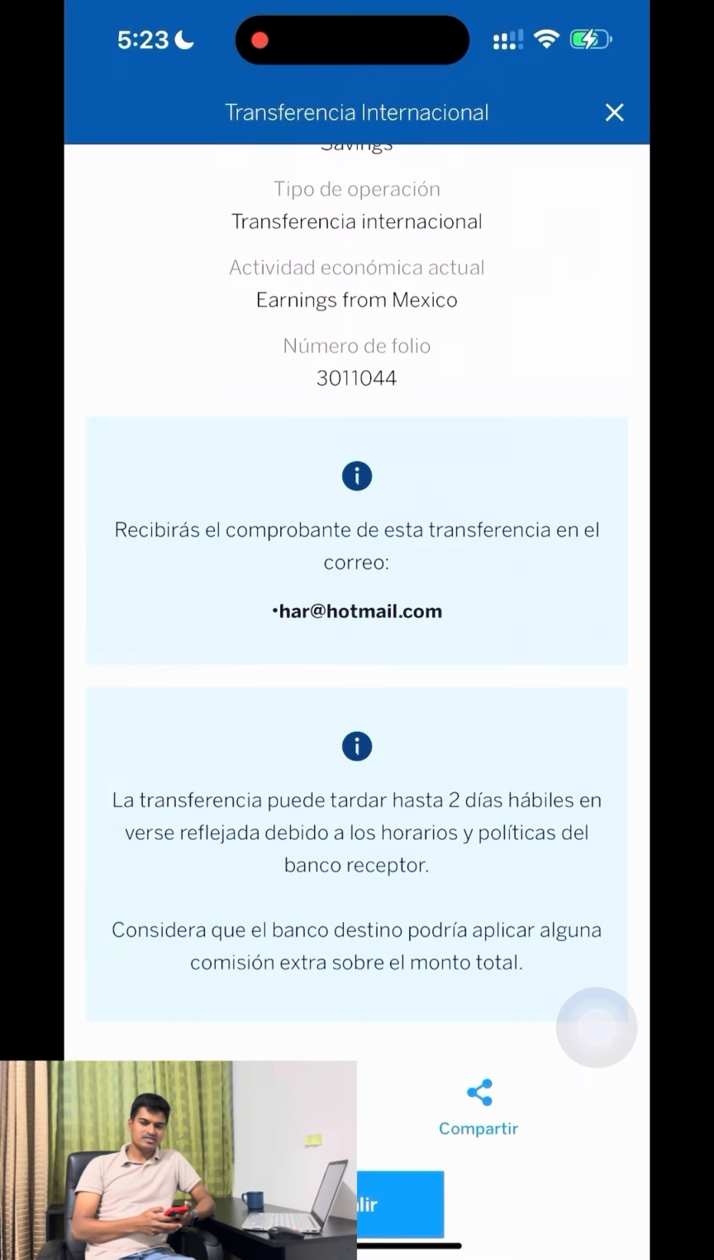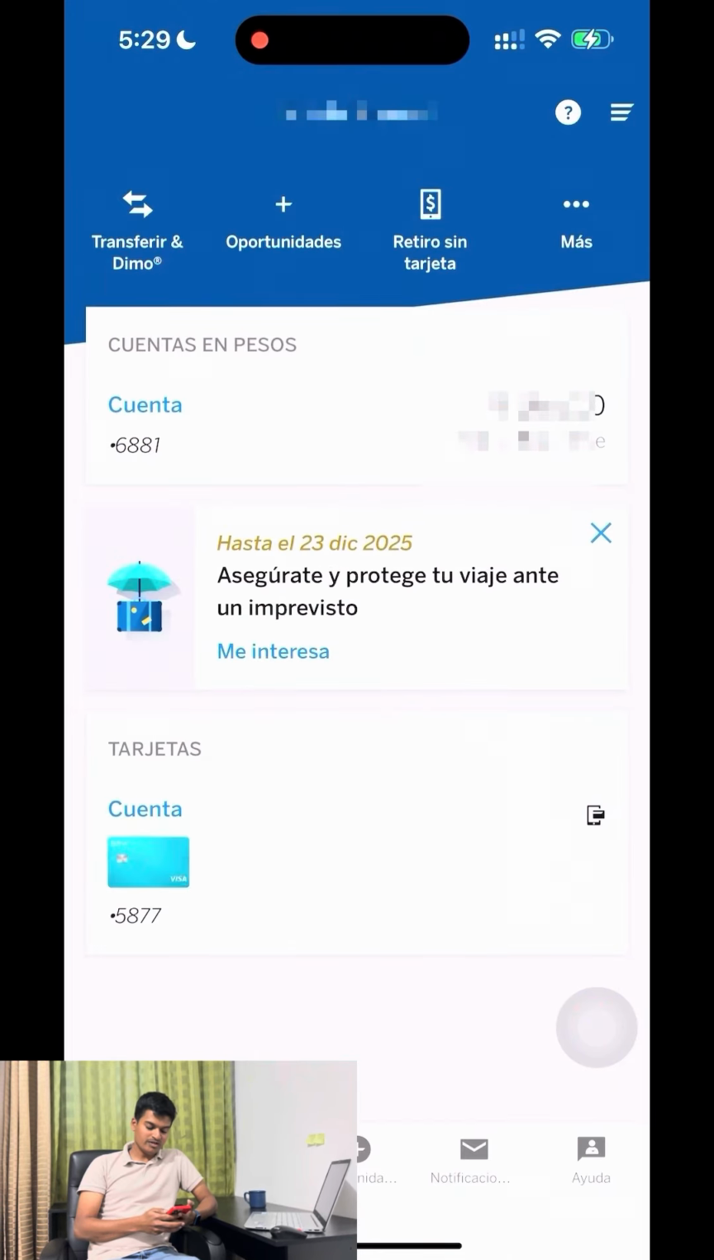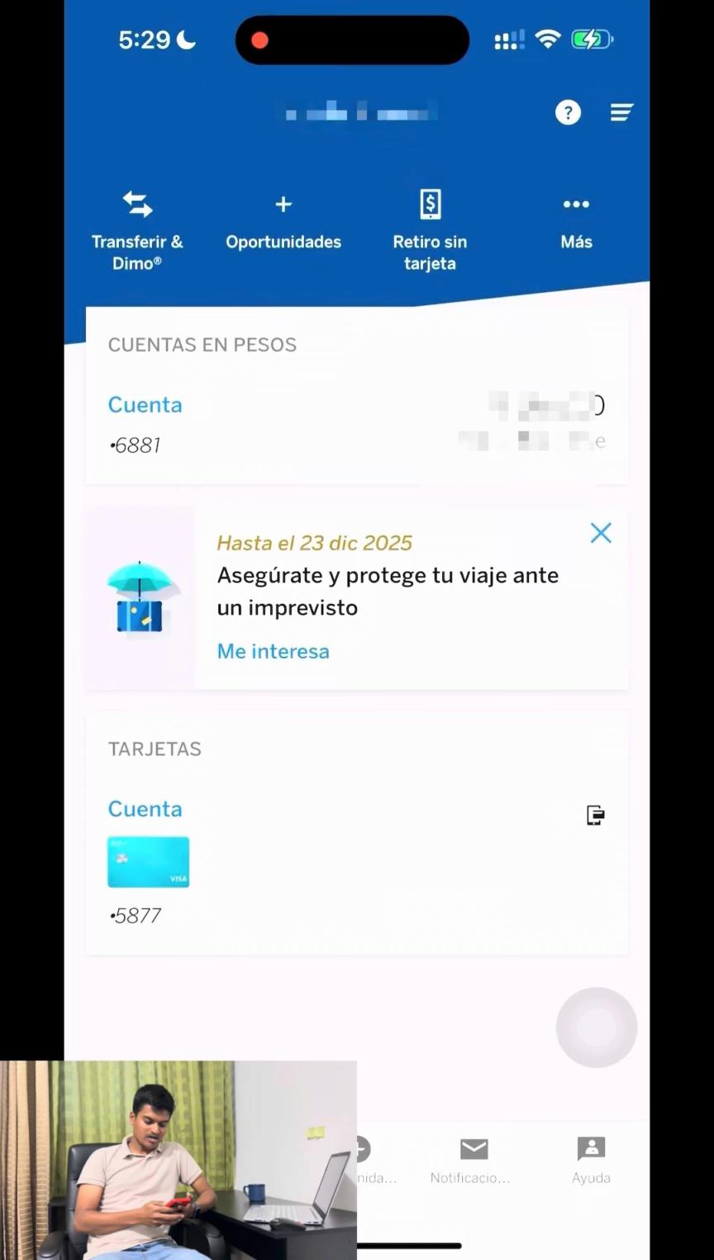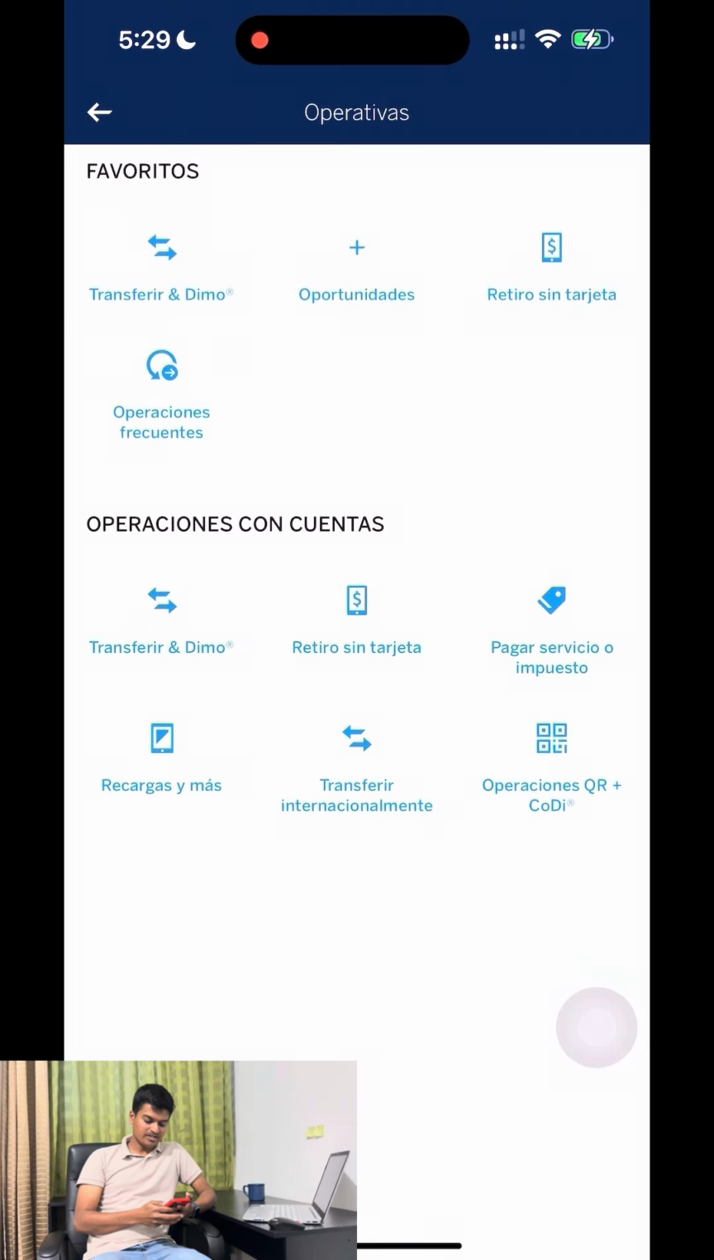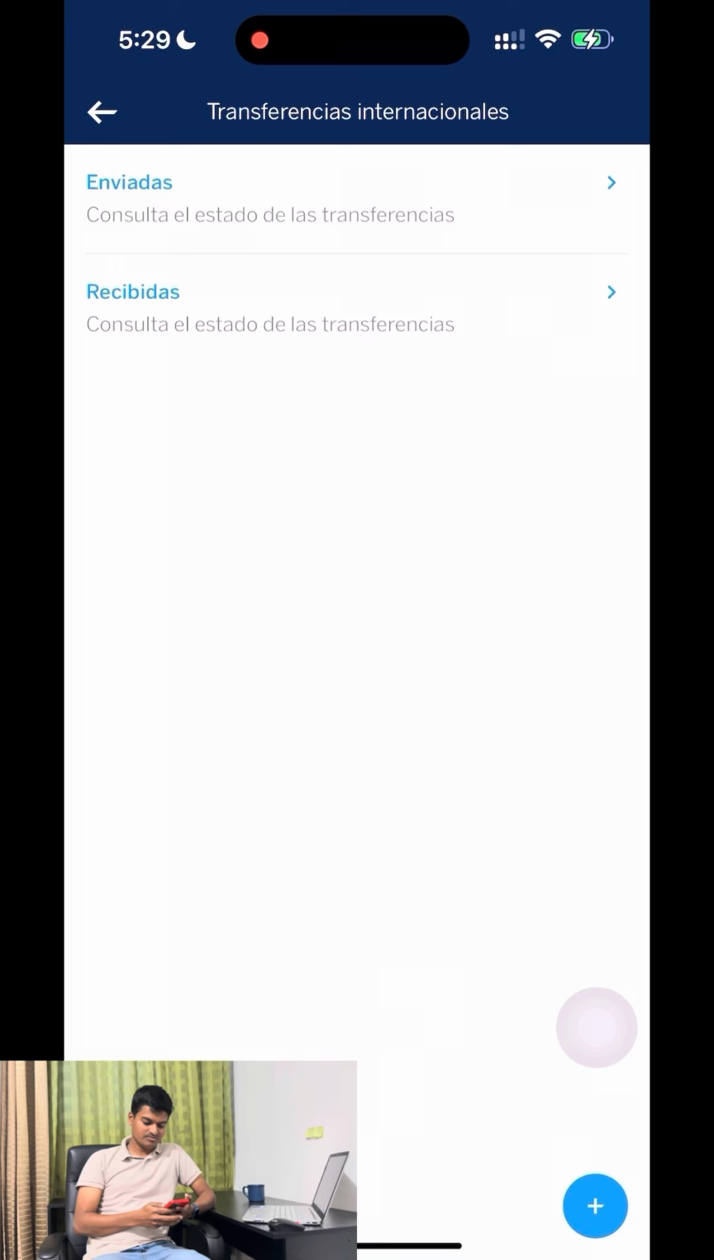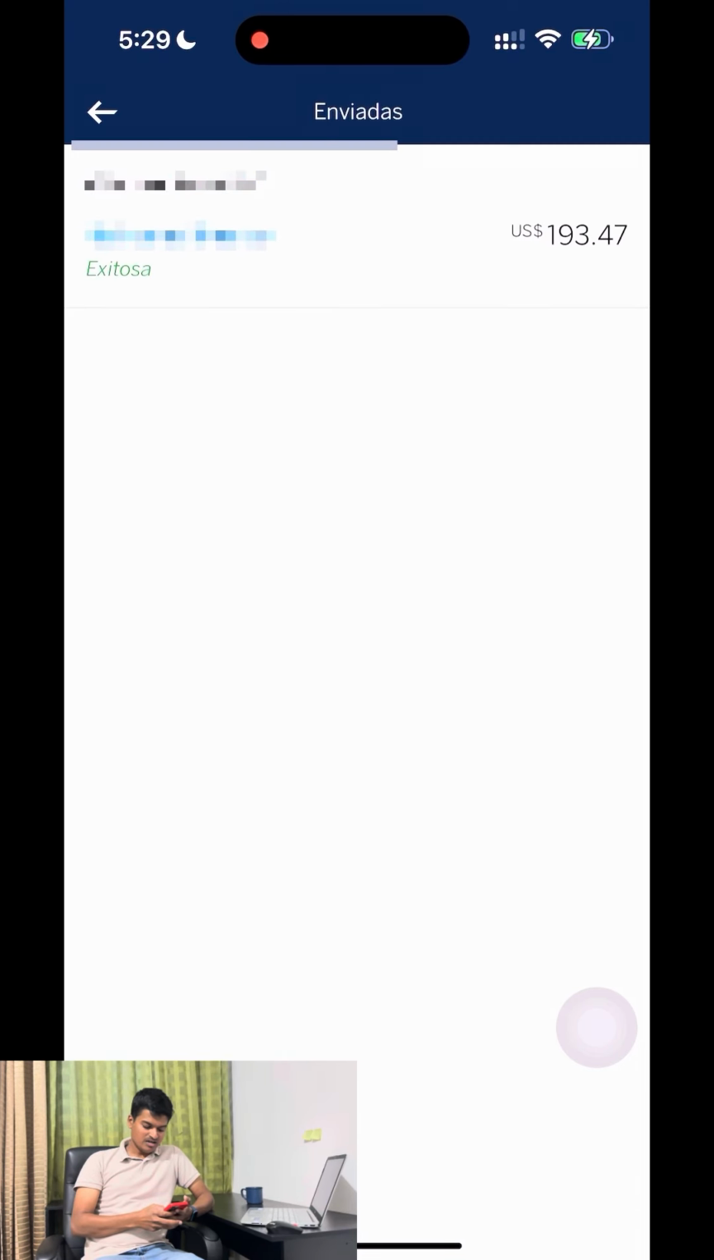Now in order to know the status of the transaction, you can again go to the BBVA homepage and click on Mas, Transferir Internacionalmente, and click on Enviadas. In this screen, as you can see, below the transaction which I have already done, the statement says Exitazo, which means successful. As per the normal timeline, BBVA takes a minimum of 24 hours to a maximum of 4 days for a transaction to get completed. Though we have this feature in internet banking, it is always recommended to use the mobile application because of scheduled charges